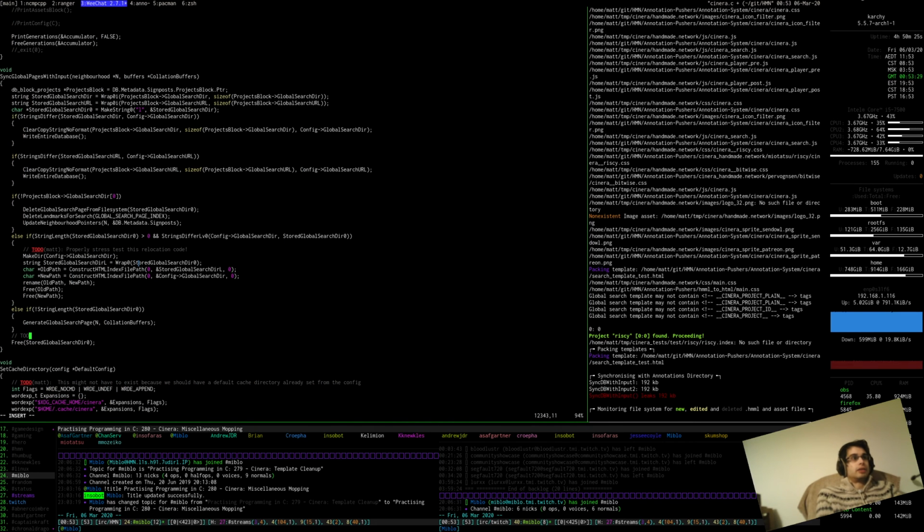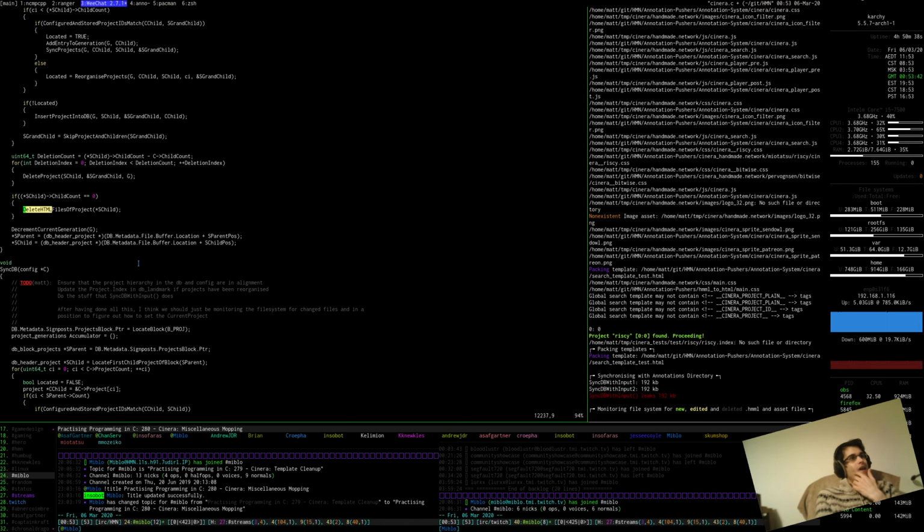I'm going to come back to this. But where did they delete HTML files? It was remove search page, wasn't it? Delete search page from file system. And when we do a delete search page from file system,